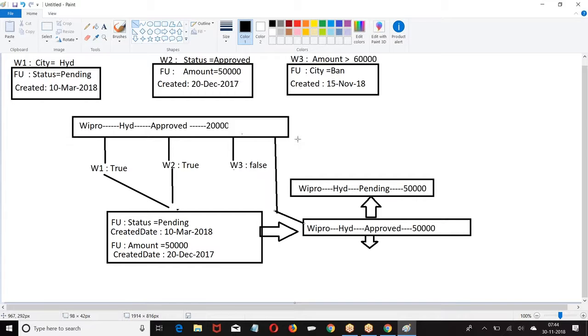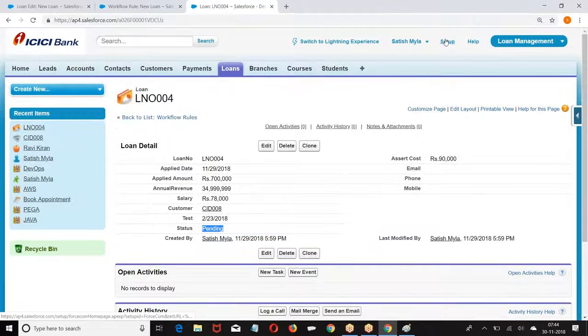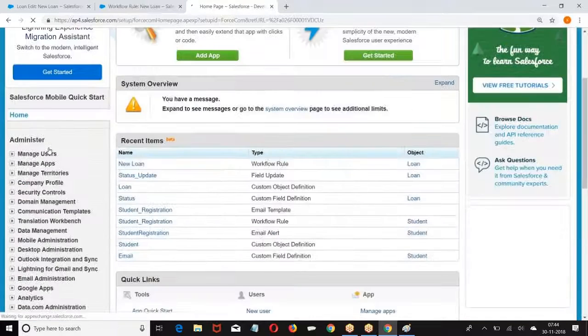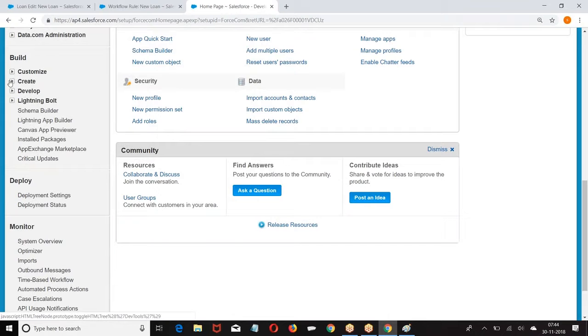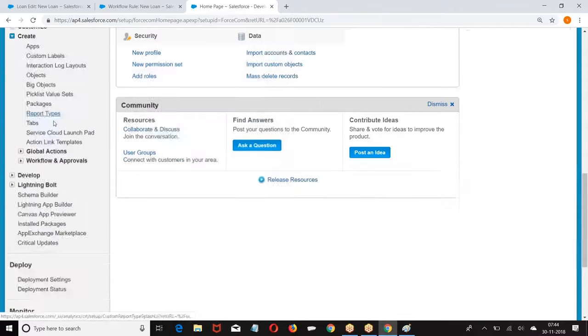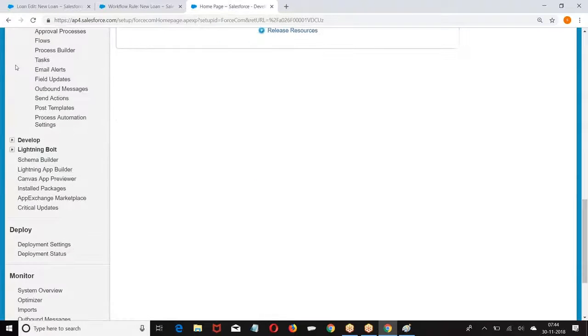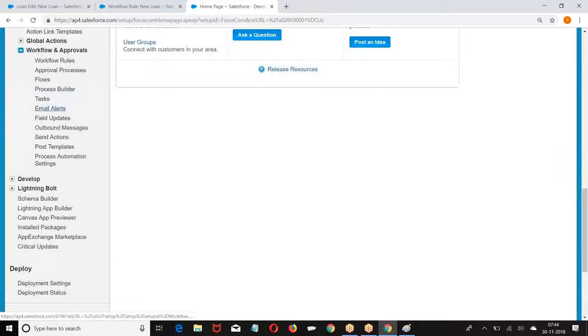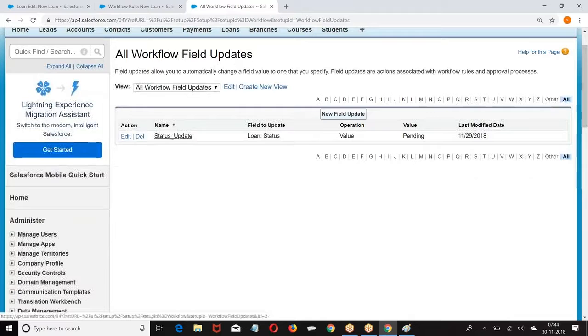Now, when I say this action, look at the point, boss. I told action created date. Create workflows. Now I'm going with a field update. New field update.